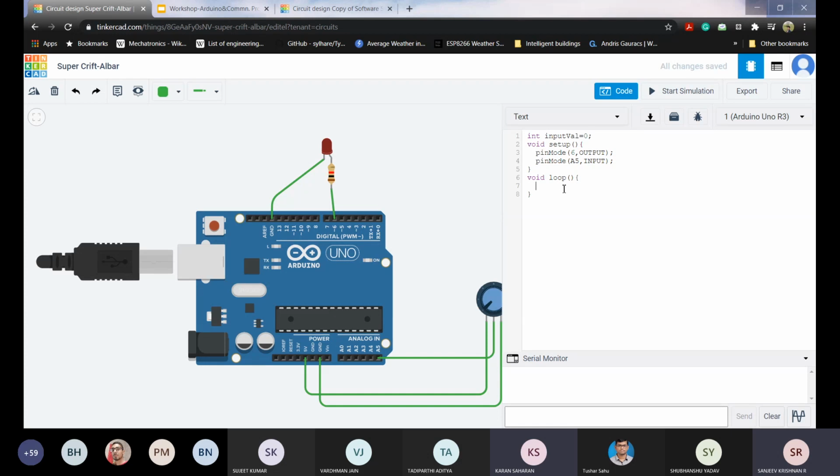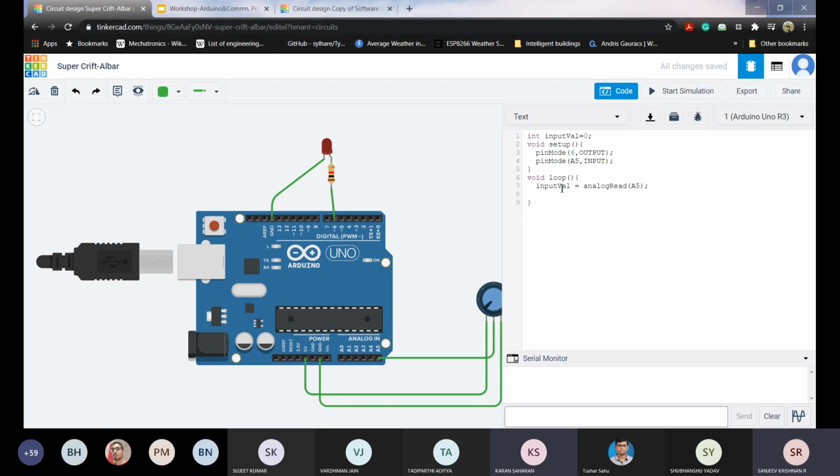Then in loop, I'll read from the analog pin: inputVal is equal to analogRead, and the pin number is A5. It's just A5, right? We just have to give the pin number because it's analogRead.